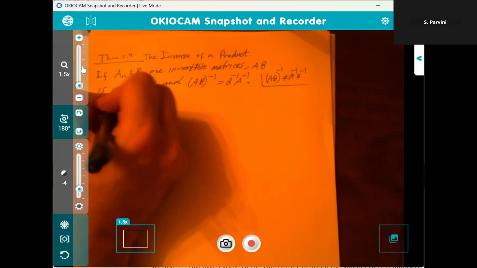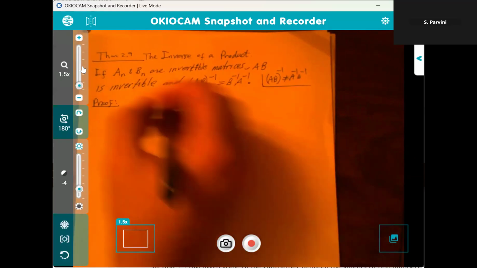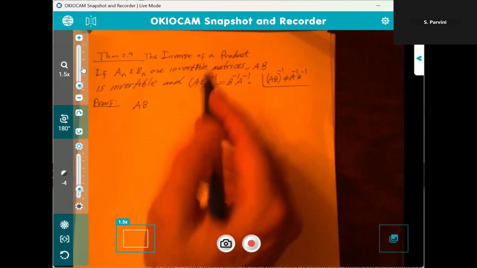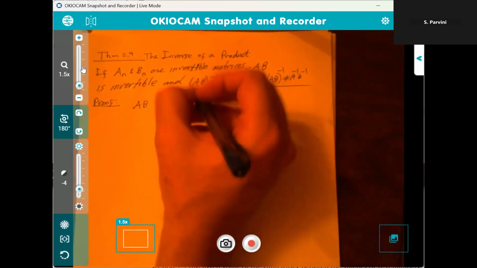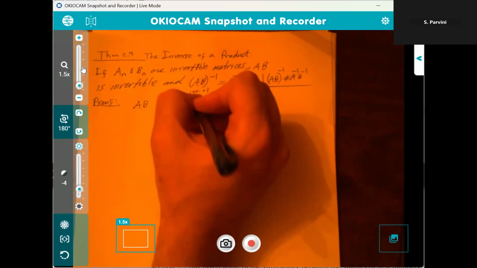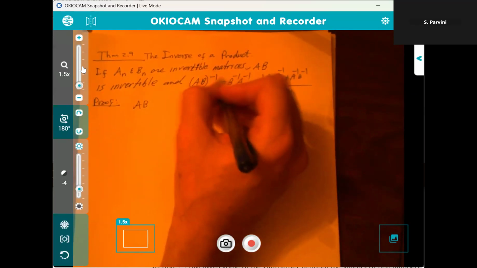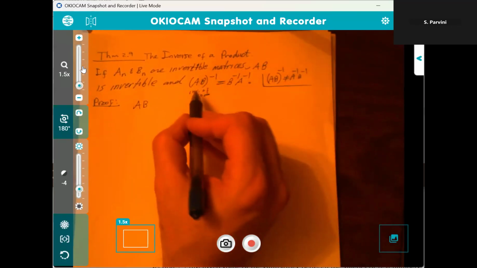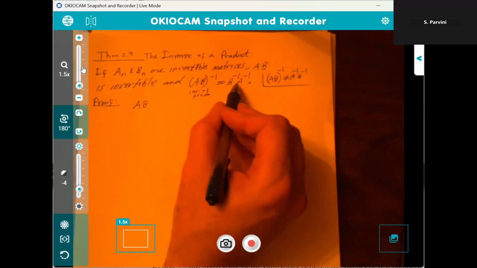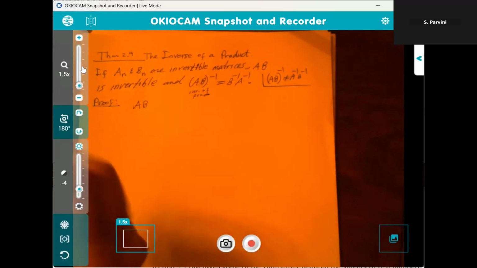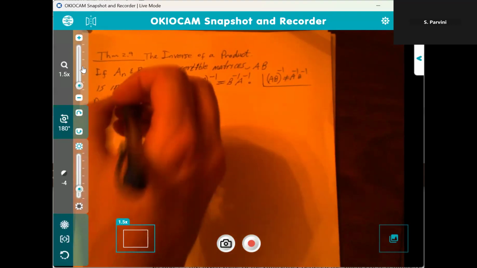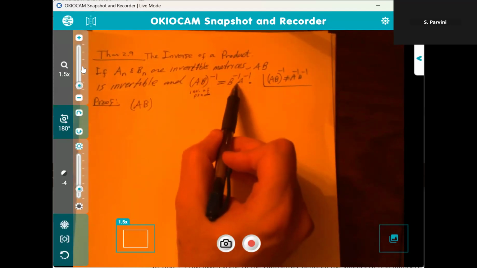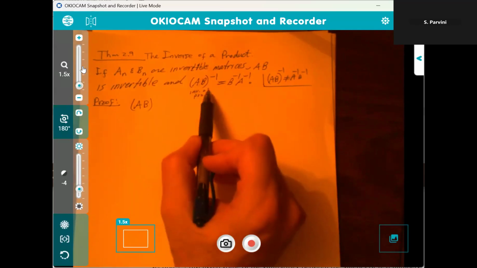Now, let's actually see a proof of this one. So here is the product matrix AB. Now we want to find the inverse, right? This is the inverse of a product. The answer is like, well, how do you know this is the answer? The inverse of this product is this, the right side. Now, it's kind of a wimpy proof the way we go about it. Here's AB. Now, if the right side is what they say it is, which is the inverse of the product,